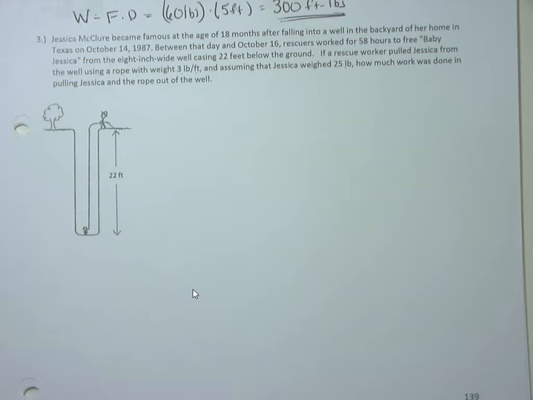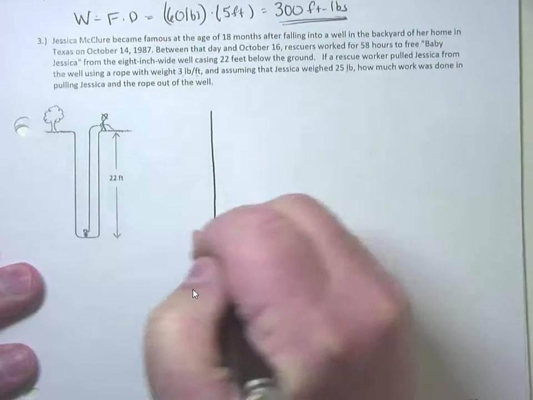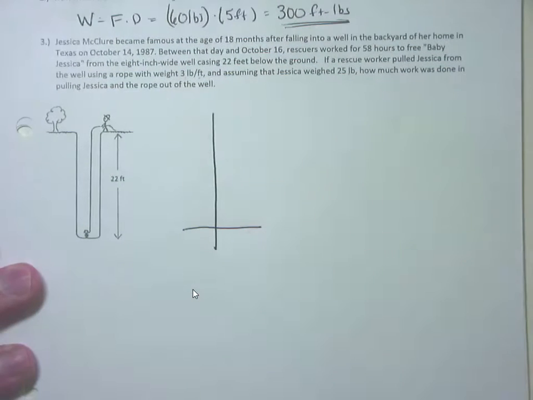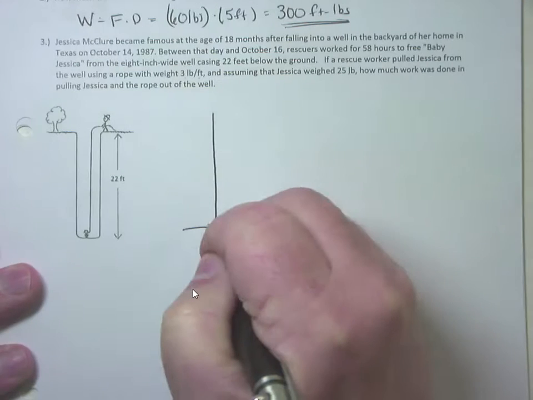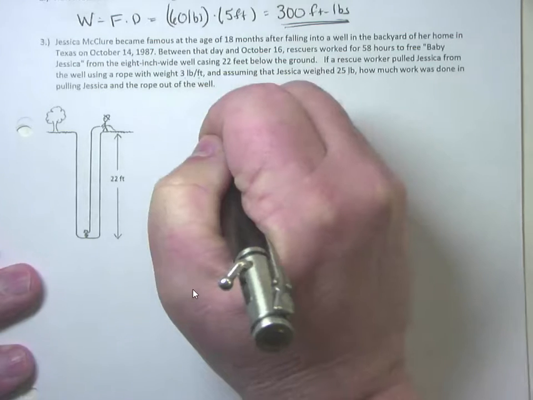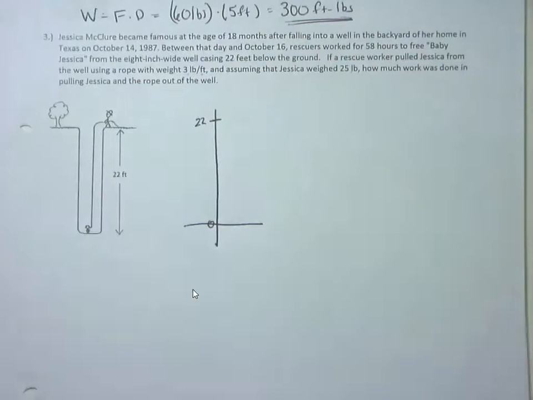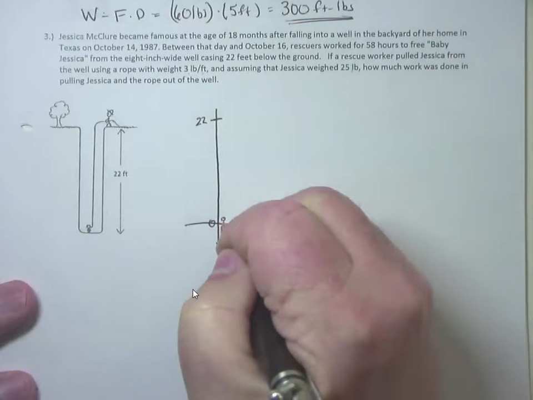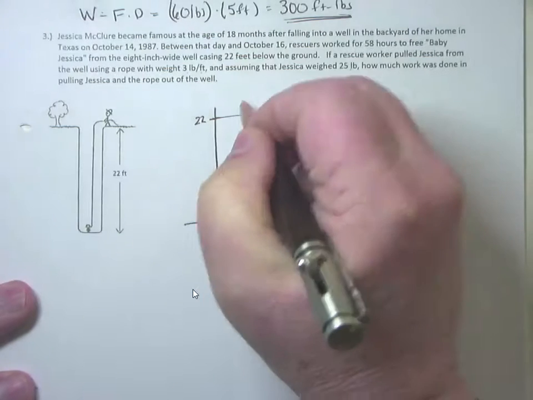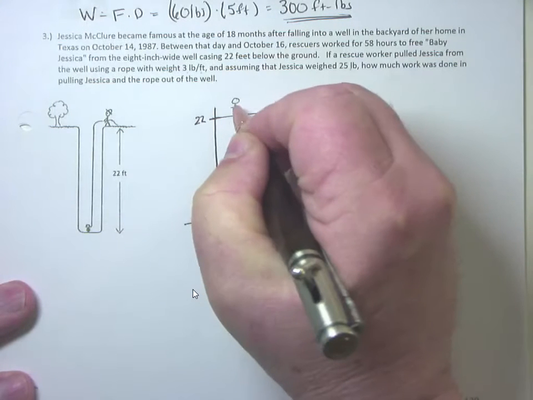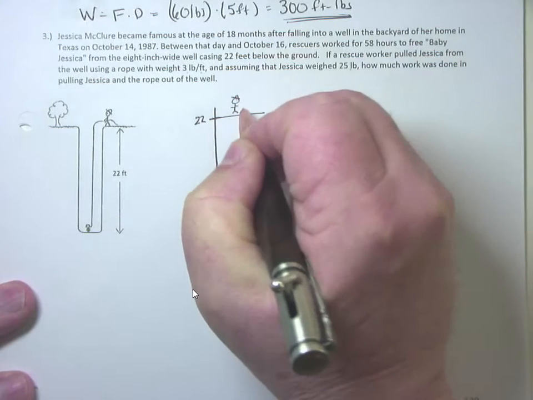The next thing you got to do is draw a coordinate axis on this thing. I'm going to put my coordinate axis, it's up to you, at the bottom. So here is 0. Here's where my worker is at, up here at the mark of 22 feet up in the air. From here is where my little baby Jessica is located. And now my little construction worker is going to throw down